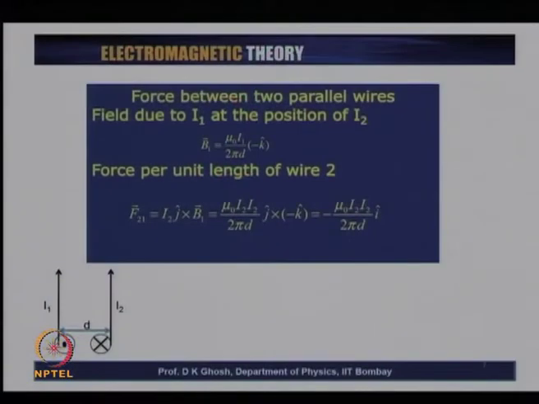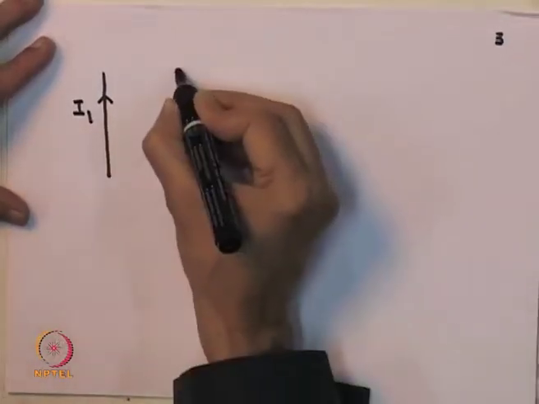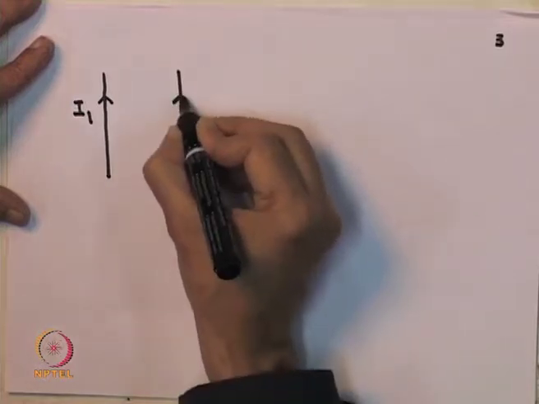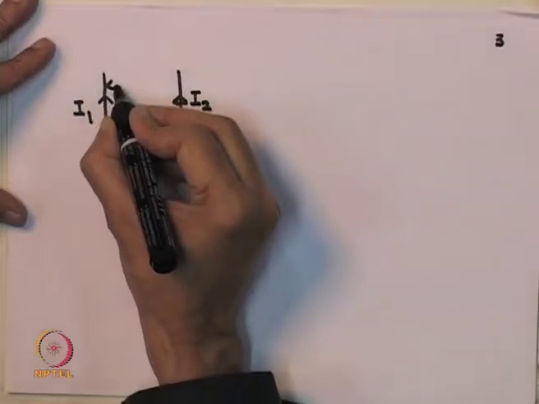As I told you, this expression that I have given is rather complicated, and unless you know the type of current distribution you have, you will not normally be in a position to calculate the force due to one circuit over the other. But just for illustration, let us talk about a simple case. Supposing I have two wires which are parallel. So, I have I1 carried by this wire and I2 carried by that one, two long wires, and these are, let us say, separated by a distance d.